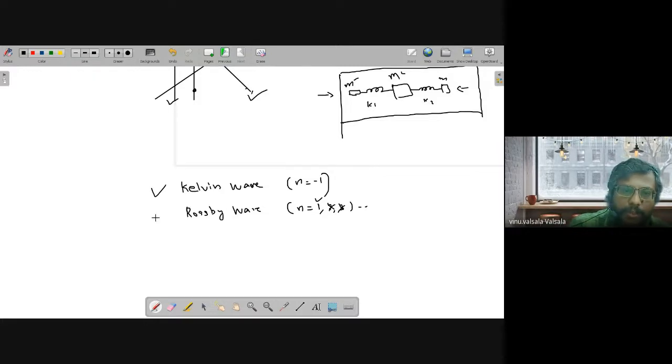So this also you often come across: Kelvin wave n equal to -1 and Rossby wave n equal to 1. The first meridional mode Rossby wave is always going to come up in the satellite data you see, whether you are discussing El Nino conditions, El Nino dynamics or Ritke jet dynamics, etc. You come across n equal to 1. To find n equal to 2 Rossby waves and higher is rather difficult.